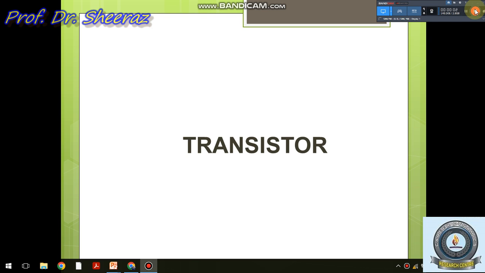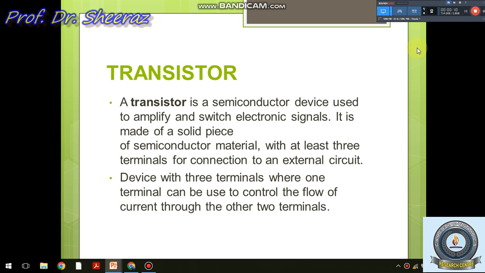Okay, dear all, let's come to the next topic of our subject, that is called transistor. So first of all, transistor is a semiconductor device which is used to amplify and switch electronic signals. It is made of a solid piece of semiconductor material with at least 3 terminals for connection to an external